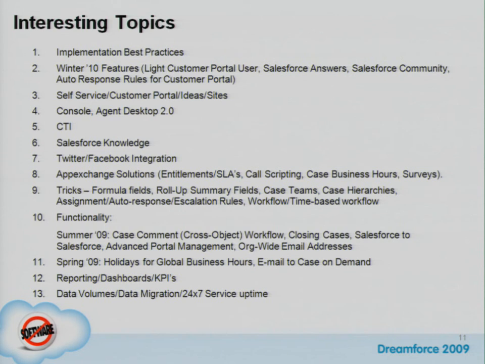Is there anything else other than a campaign that you can think of just for targeting a group of accounts? Well, a list view, right? List views, yeah. You can create a list view with a set of filter criteria that will define what your accounts are. That's effectively what a campaign is. In a way, it's kind of a glorified list view.